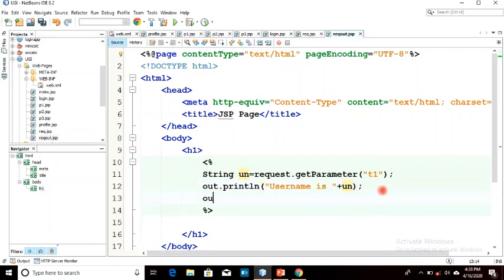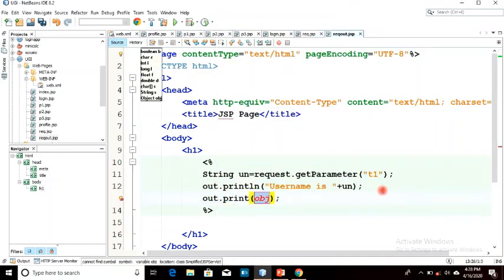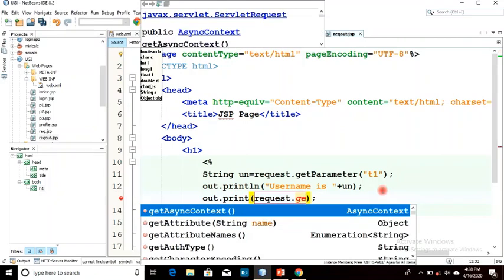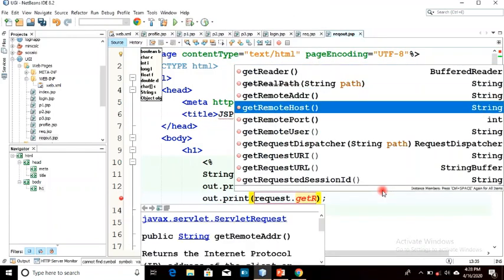Suppose you want some more information, so request dot getRemoteHost.